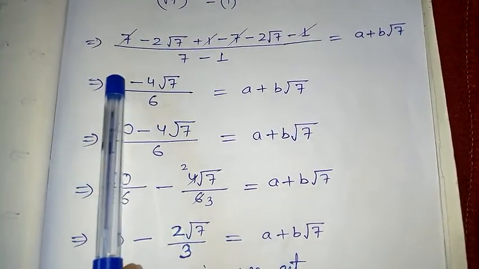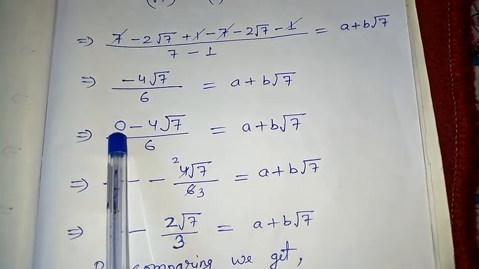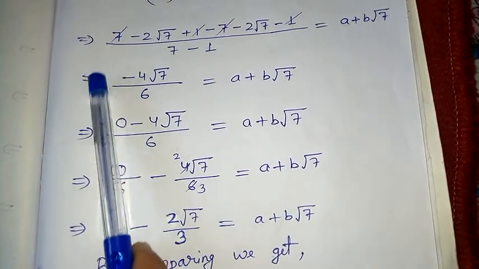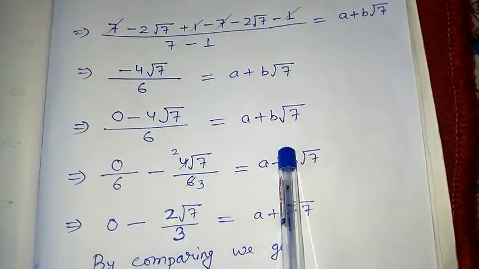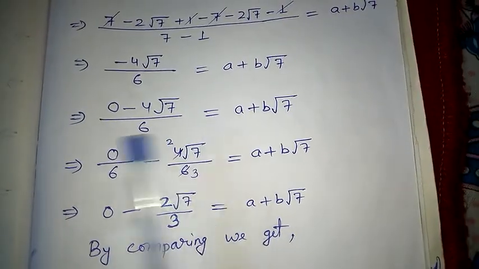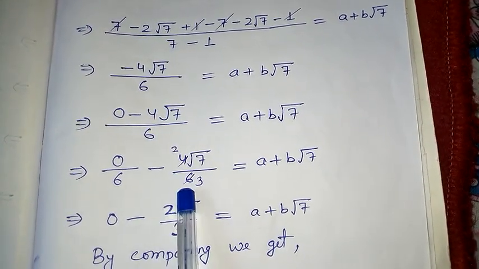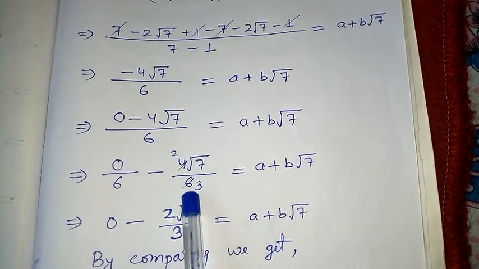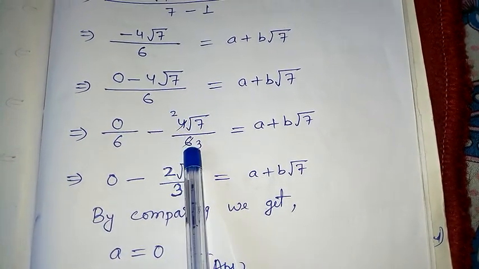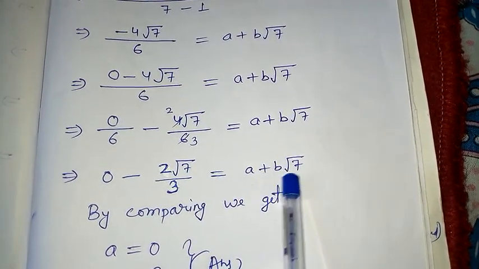Now as you know, I need first position also, second position also, but here in the first position I have nothing, so from my own part nothing means there is 0, so I wrote 0 minus 4 root 7 by 6. Same thing, only I have put 0, nothing has changed. Next same. Now I will separate this 6 for both the places, in two different expressions. Now 0 by 6 minus 4 by 6 root 7, equal to same. Now 0 by 6 is 0, and here I can simplify, 2 2s are 4, 2 3s are 6, so here my answer is minus 2 by 3 root 7 equal to a plus b root 7.